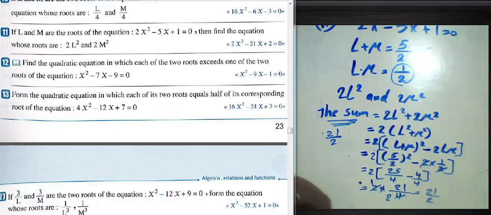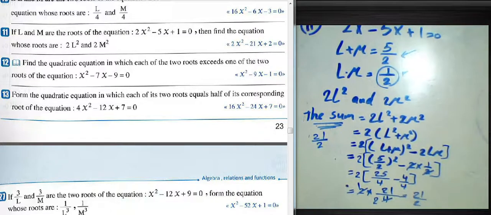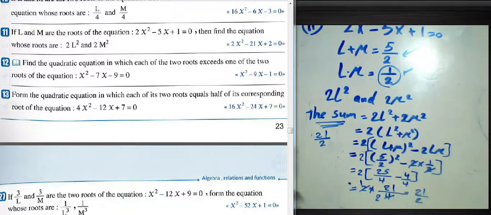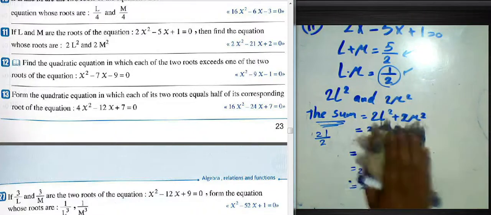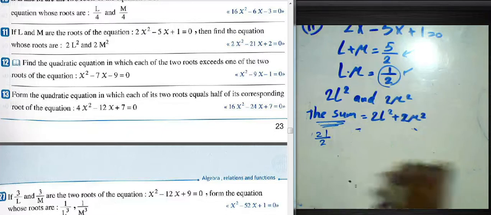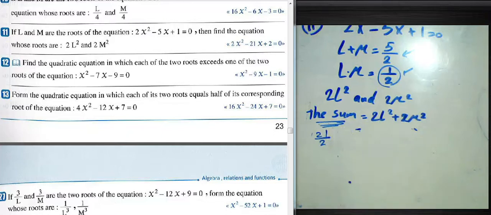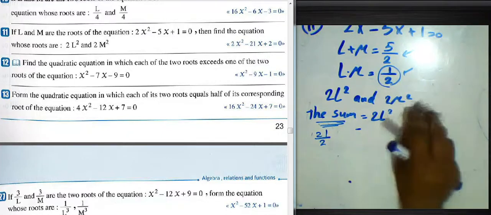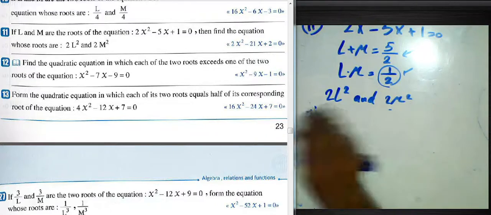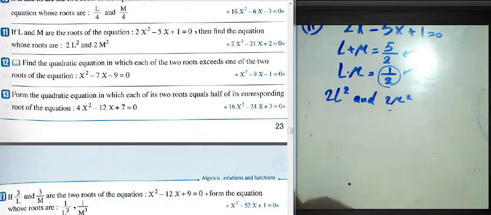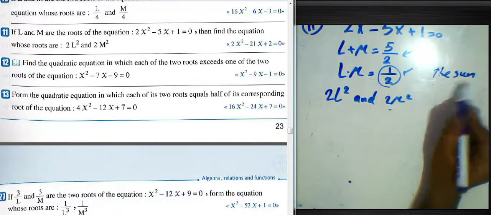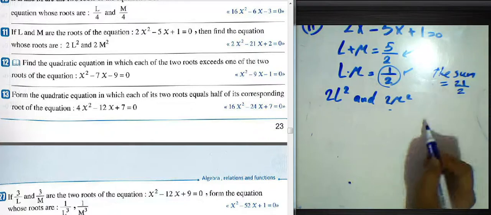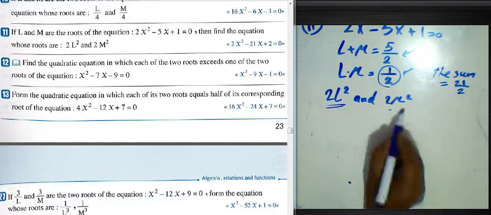Then we can find the product. Okay, we can solve it. I will solve it here. I will clear all this to know the steps for the product. First, we find the sum, 21/2, and the product of the two roots equals